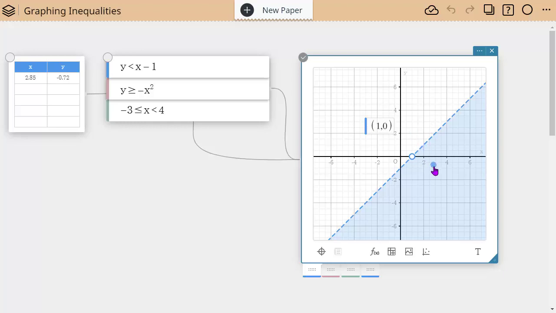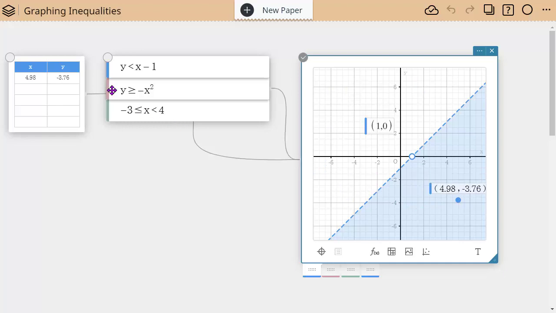And notice now I can move this point, and now here is a point that's in the blue region, therefore it is a possible solution. Here is a point outside of that blue region, and it is not a possibility because it's not in the designated solution zone area colored in sections. So that's really nice too. You can quickly move points around to show solutions.